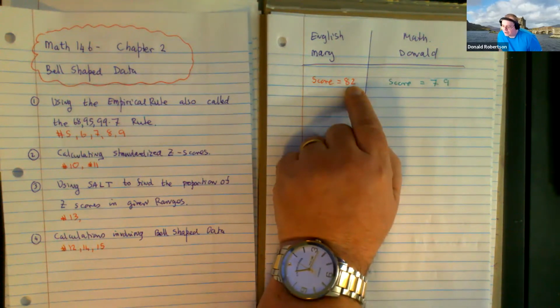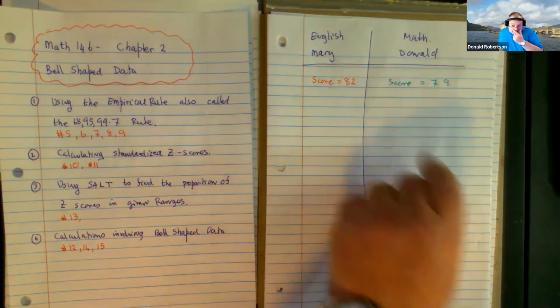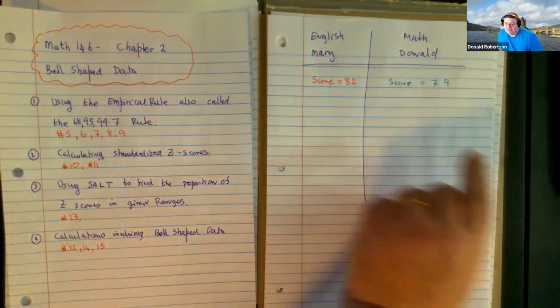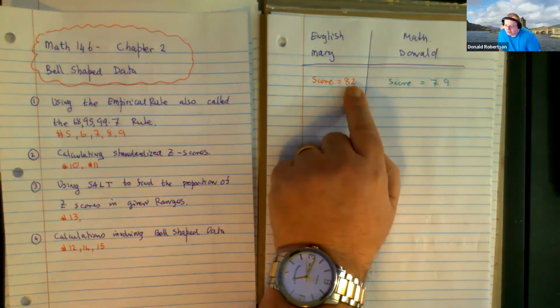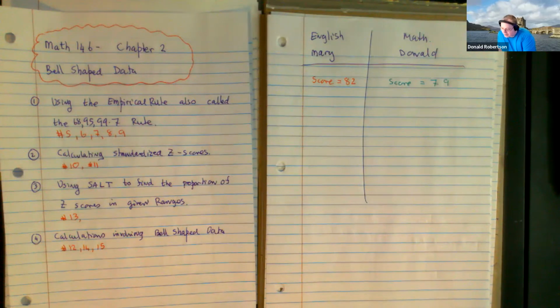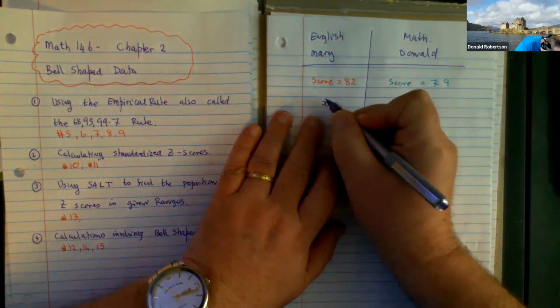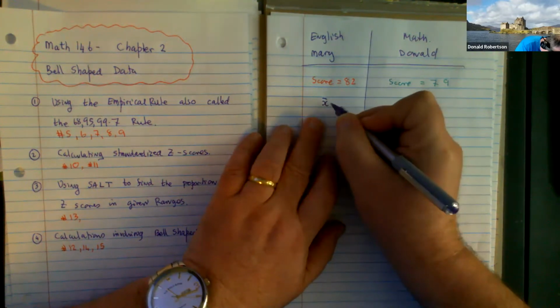If the average was 92, a lot of people are going to get that kind of score. On the other hand, if the average was 50, isn't somebody who got 82 exceptionally good, right, in an average? So we need to know two things. We need to know what the typical score is. So I'm going to call that